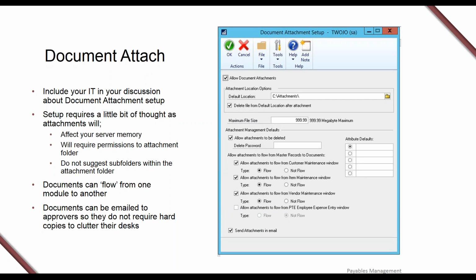That contract that you sign and attach to the transaction entry in payables can actually flow into receivables, or it can flow onto the vendor maintenance card so that you have the information at your fingertips of what that contract is about. You can also make it so that documents can be emailed to your approvers if you have set